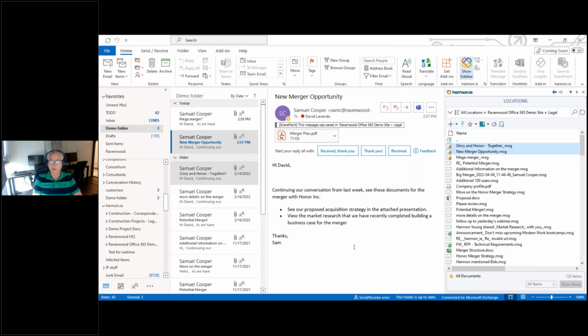Everything's done in the place where they're already spending their work time. Somebody identifies an email that they need to save according to the corporate strategy, and you're able to save that. By the way, if I go to an email and I want to find where it's located, you'll notice here that these emails, one of the things we allow you to do is